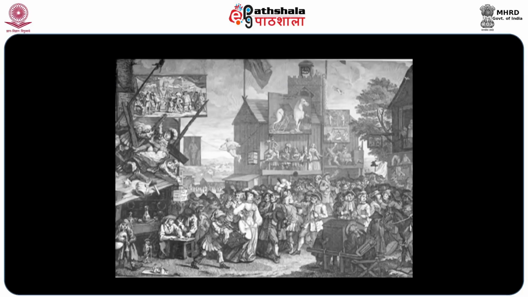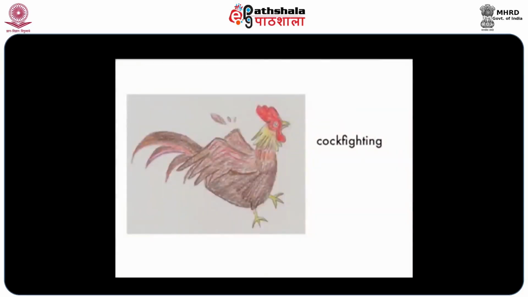This painting by William Hogarth depicts Southwark about 100 years later, but it gives you an idea. There were taverns where people got drunk on beer and ale. There was gambling, prostitution, pickpockets, and other criminals, as well as a lot of animal cruelty that most people today would find barbaric, like cockfighting, which is where you get two roosters to fight each other to the death, and then you'd bet on one or the other to win.